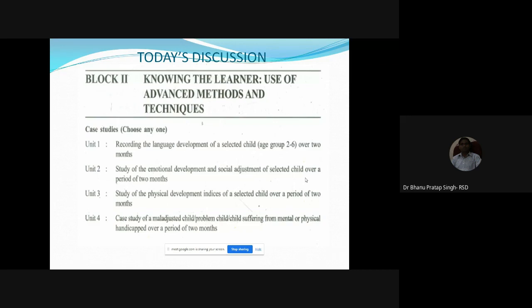Means in case study 4 there are options given. You may take a maladjusted child, you may take a problematic child, you may take a child who is suffering from mental or physical handicap. So there are four case studies. Options are many. You have to choose any one. You may choose case study 1 or case study 2 as per your choice, as per your interest area, and as per the availability of the child. Next,